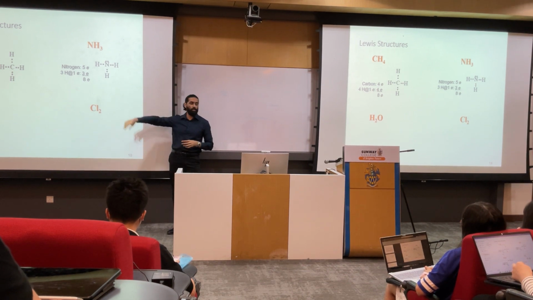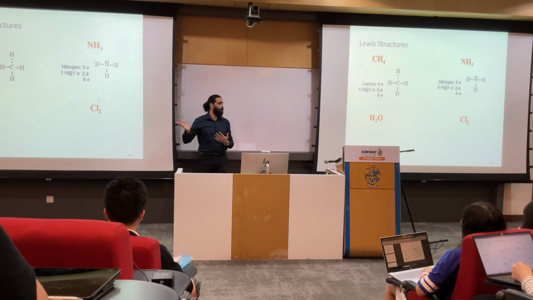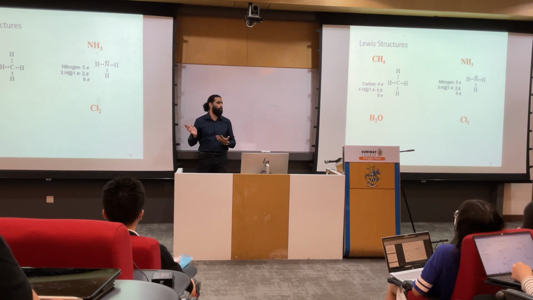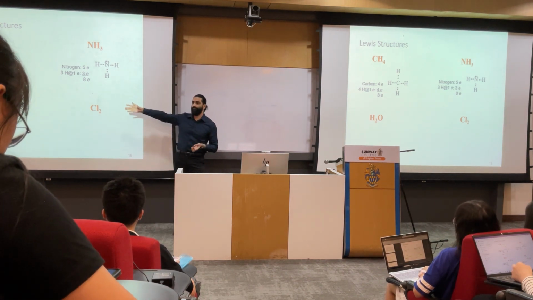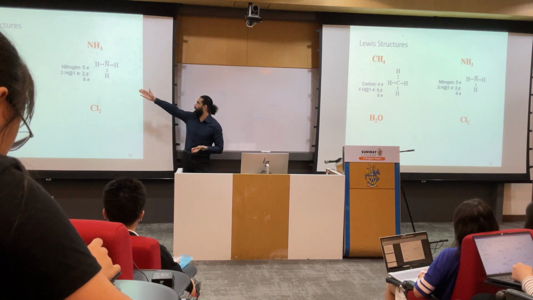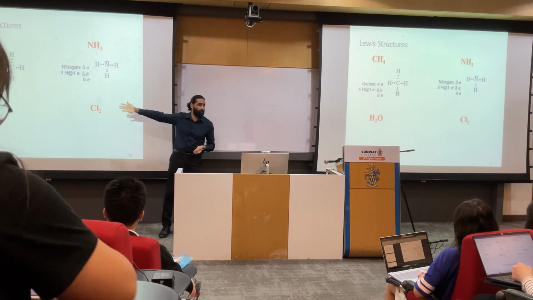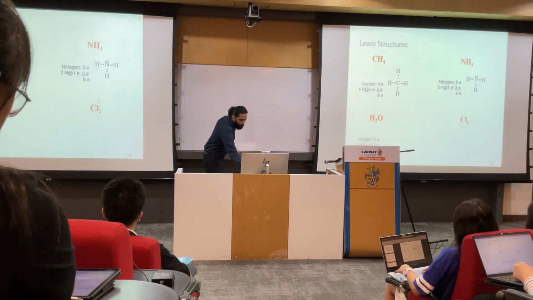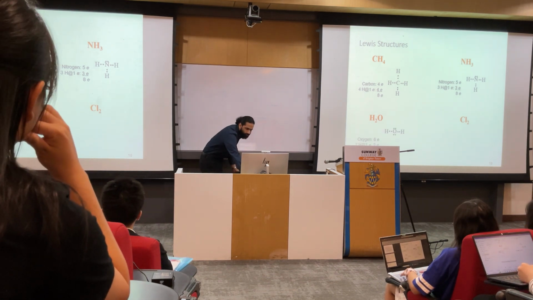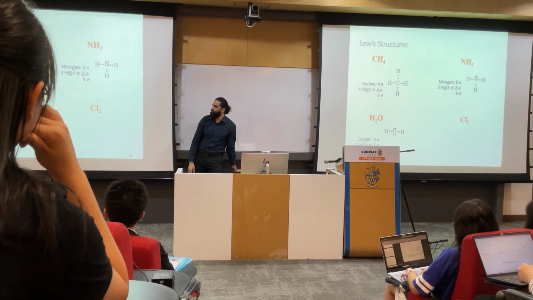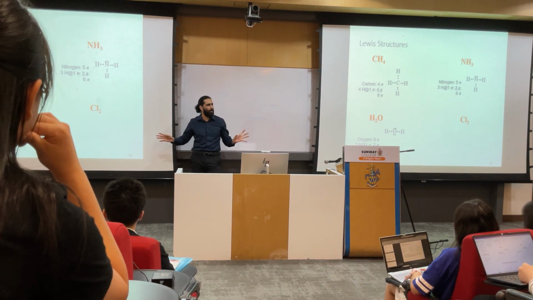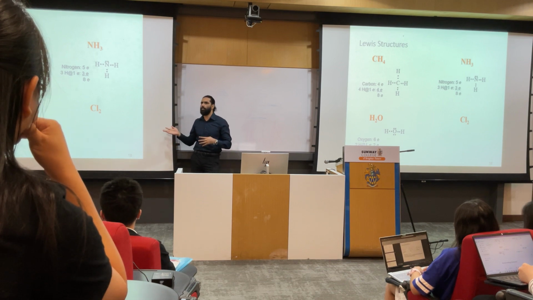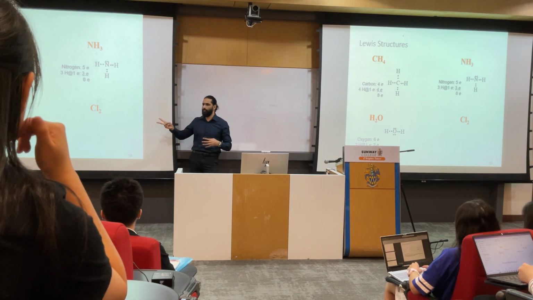Lone pairs are the ones which don't take part in the initial structure of the compound, while bond pairs are the ones where we get a new bond. For example, the NH and the CH, right? Water, another example, easy stuff, right? It only has two hydrogens, so we make two bond pairs, and then for the rest of oxygen's electrons, we have two lone pairs, correct?